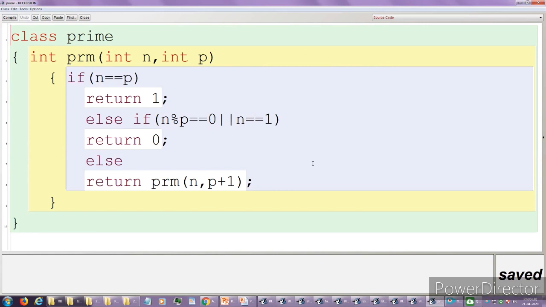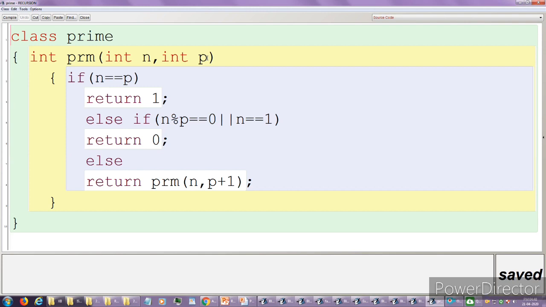But in case of recursion, we need two inputs. int prime(int n, int p): n is the actual number, and p. Mind it, always we need to send the value of this p as 2 from the main function, whenever we call this method. Because 2 is the first prime number.